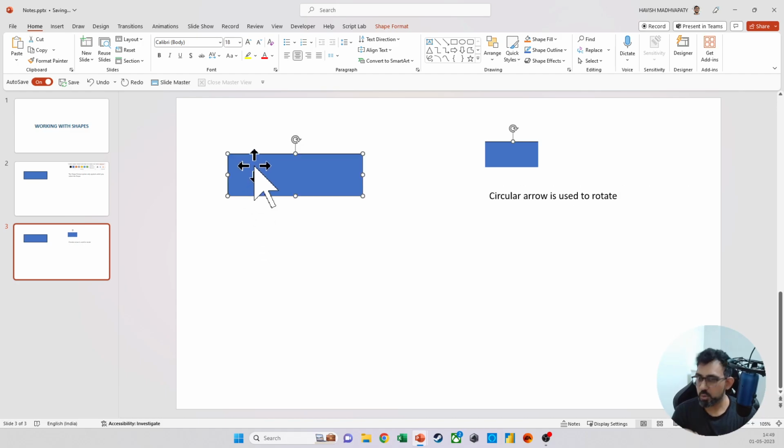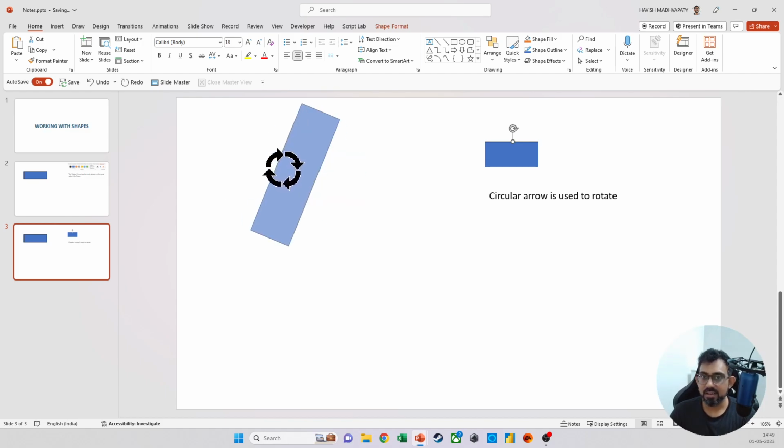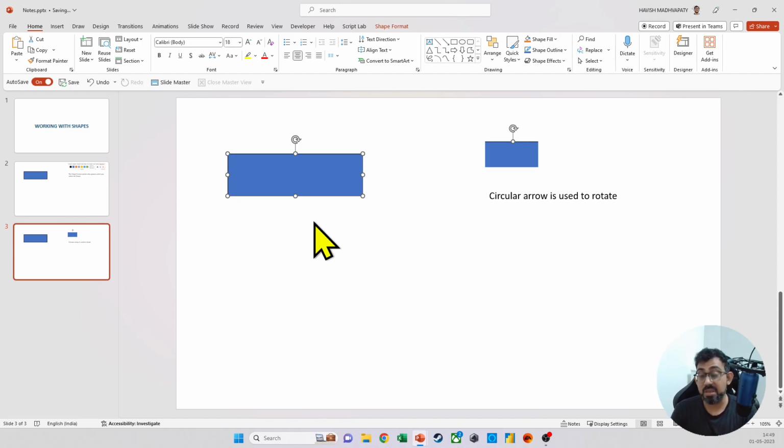Now here's a super tip for everyone. When you rotate it, you notice that it rotates freely. So it's quite hard for you to get, let us say, a 90 degree, or maybe you want to get something like a 30 degrees. What you can do here is you can press Alt along with the left and the right arrow. So the tip here is you can press Alt with left and the right arrow. And what this does is,